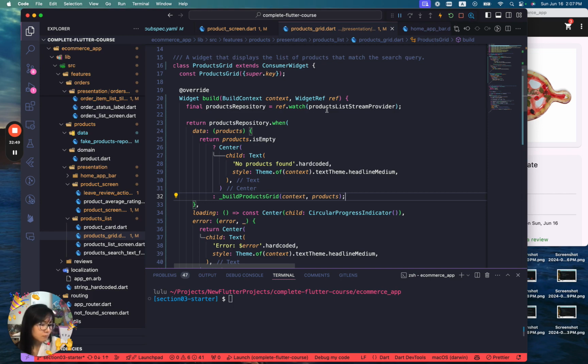And finally, we have this loading case, which is a callback with no arguments, and we can just use this to return a circular progress indicator. And we should also wrap this inside the center widget, like this. So in our case,